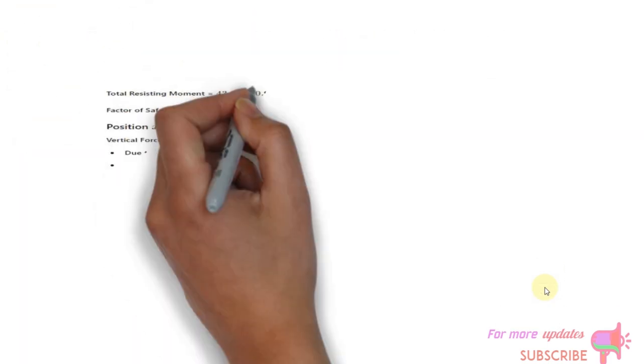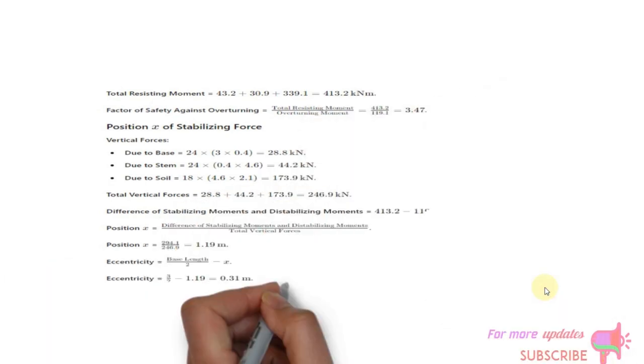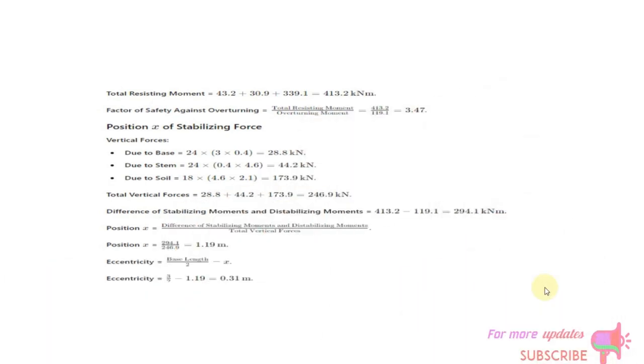Let's find position X, which is the position of the stabilizing force due to ground bearing pressure. Position X is given by the difference of stabilizing moments and destabilizing moments divided by the sum of vertical forces. Vertical force due to base is equal to unit weight of concrete multiplied by area of base, that is 3 times 0.4, which gives 28.8 kN. Do the same for stem and soil to get 44.2 and 173.9 kN respectively. Therefore, total vertical force is equal to 28.8 plus 44.2 plus 173.9, which equals